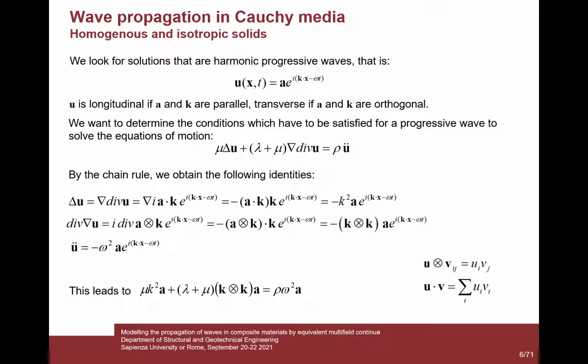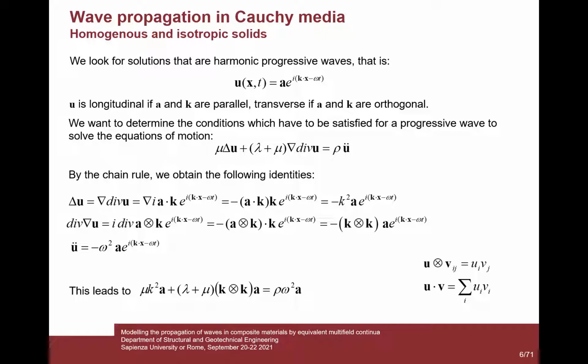When we are solving wave propagation problems, we search for solutions that are harmonic propagating waves, which have this form, meaning that the displacement field is some wave which propagates in time and space with some amplitude A. The amplitude is described by the vector A, and K is the wave number, which is a vector whose modulus is the opposite of the wavelength, and whose direction is the direction of wave propagation, which is orthogonal to